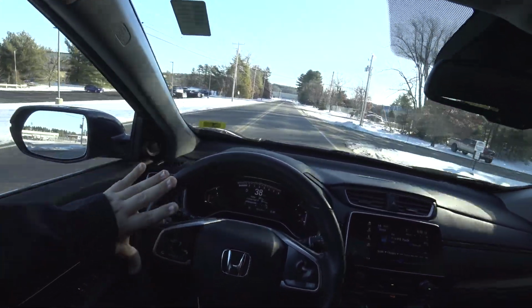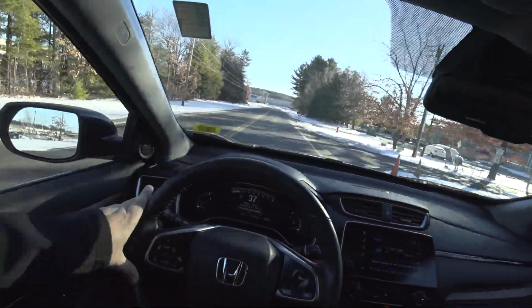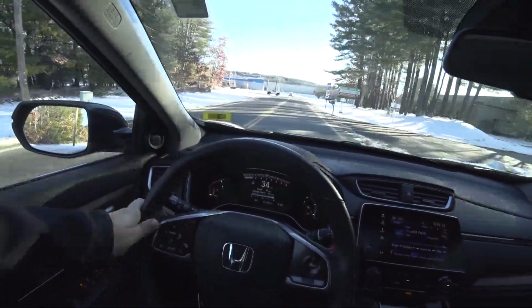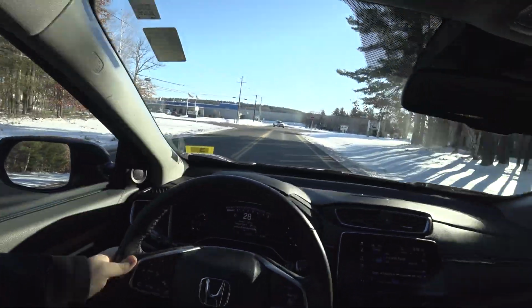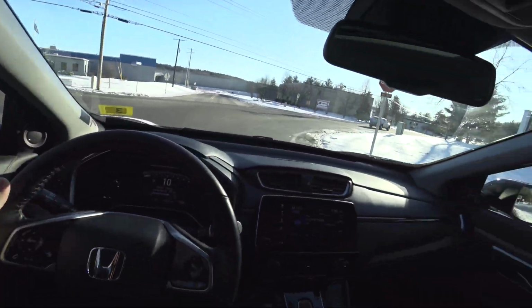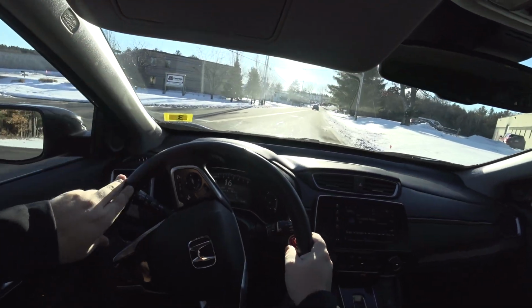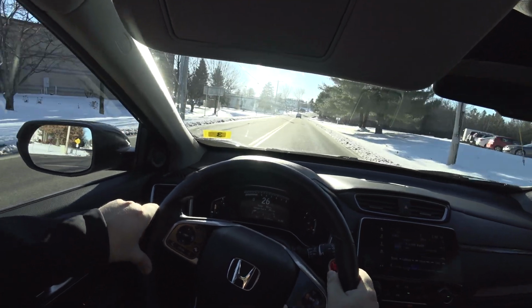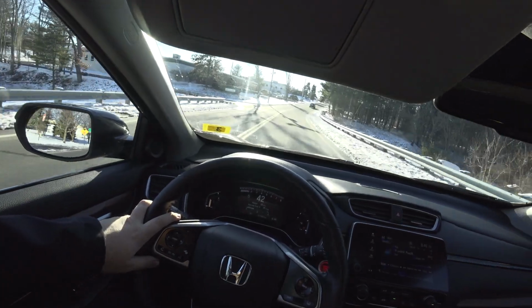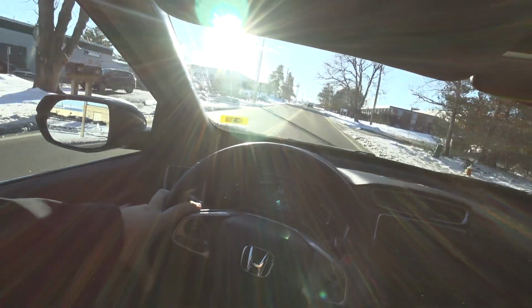Again, much like the 2020 Rogue I just reviewed recently, this is a car I don't expect to blow my socks off. But I am very pleasantly surprised with it at the same time. This is a car I definitely could daily drive and be pretty happy with it. And I definitely see why they're so popular. Can even go one step further, put the transmission into sport mode,